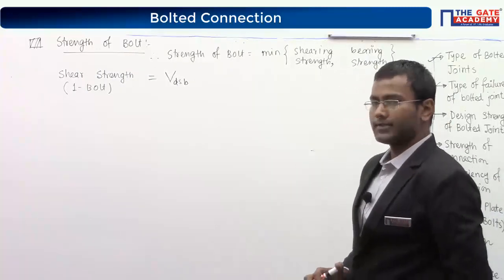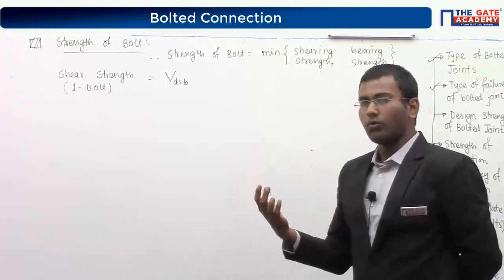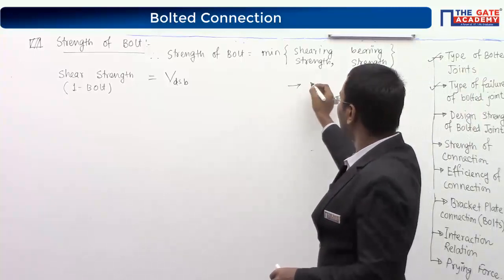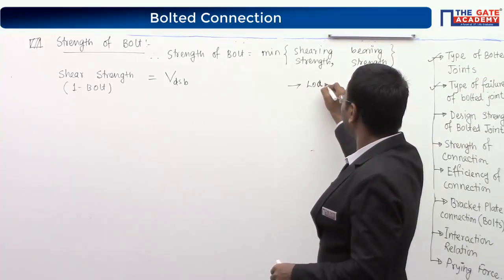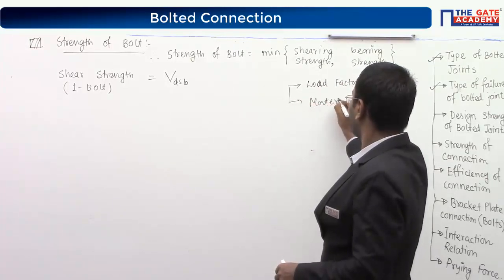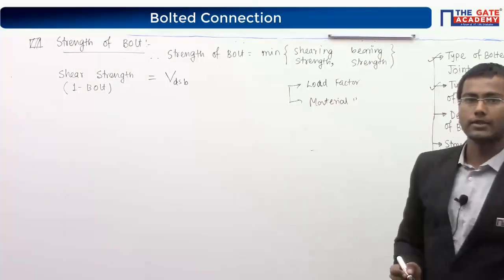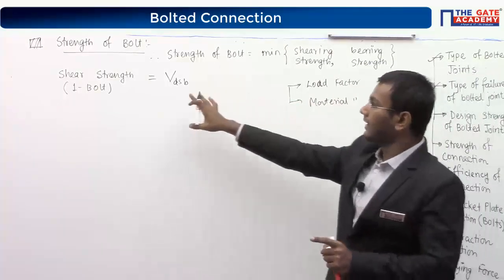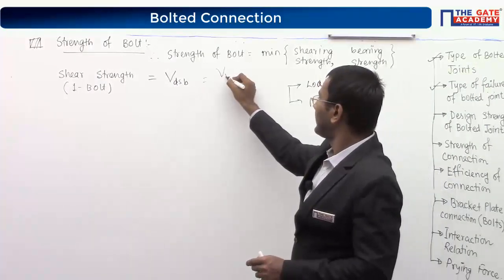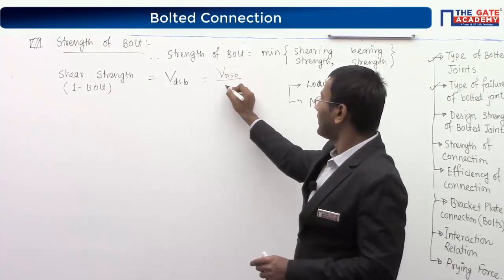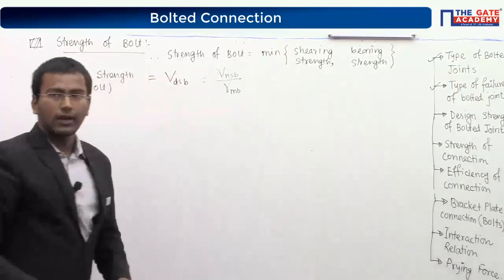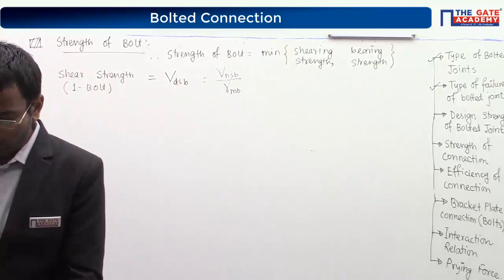what limit state method does, in old methods there are two conditions. Only we have taken the load factor, but in limit state method we take load factor as well as we take the material factor. So here, whatever the strength is, I will take some factor for the material. So design strength will be your net shear strength of the bolt divided by your material factor of safety for the bolt. Now how can I find out these values? So gamma MB, these things.